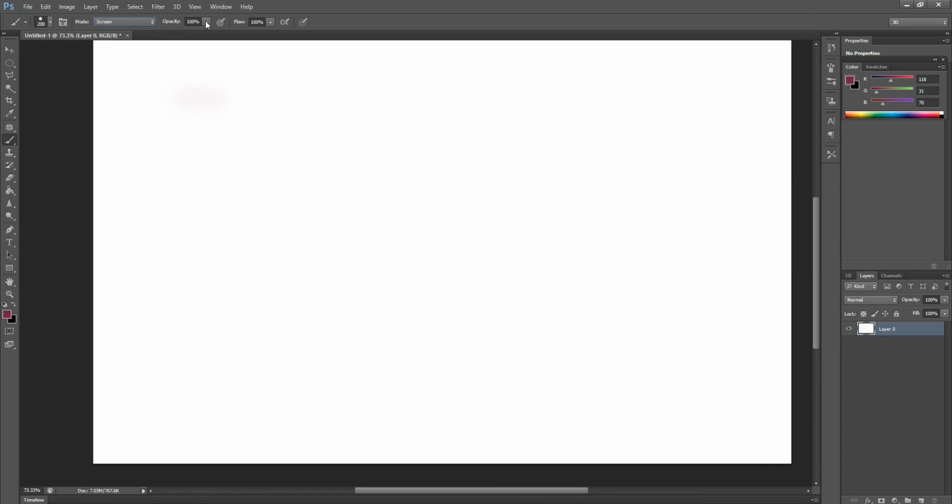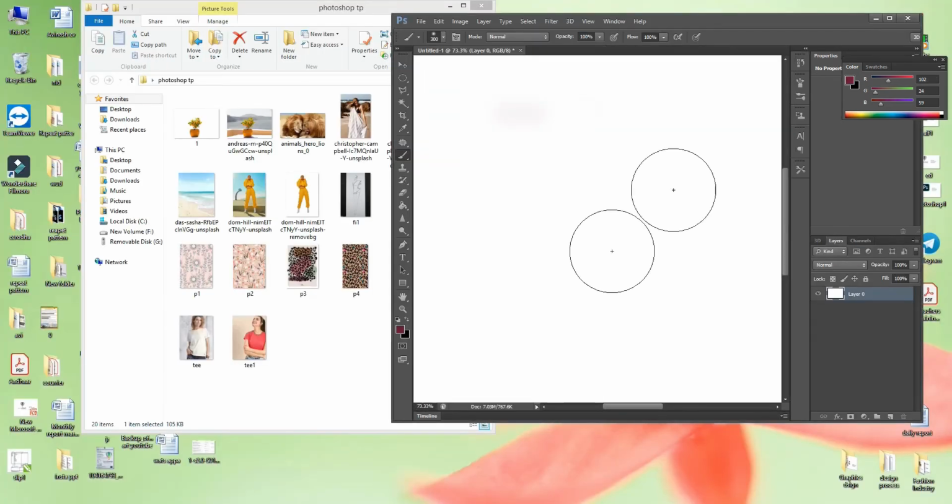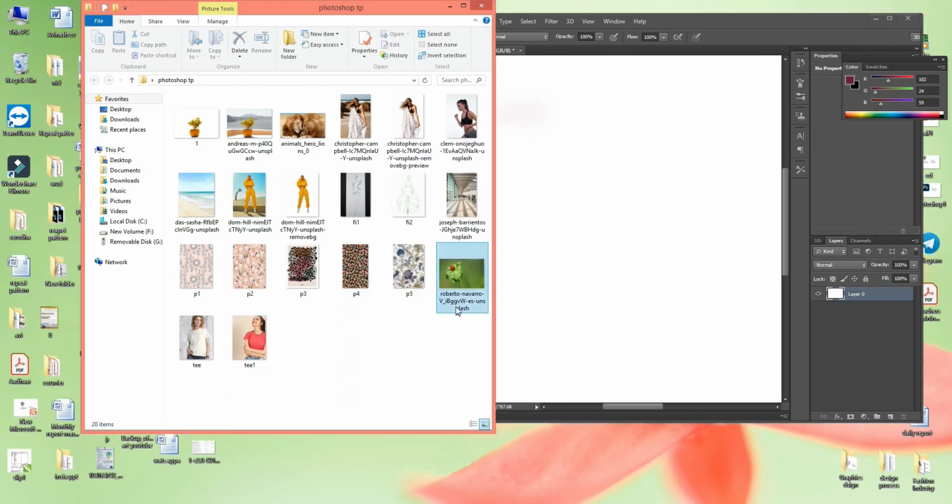Then we have the opacity option. Opacity is also a very good thing. It makes things visible. Now we'll take a picture from our computer.